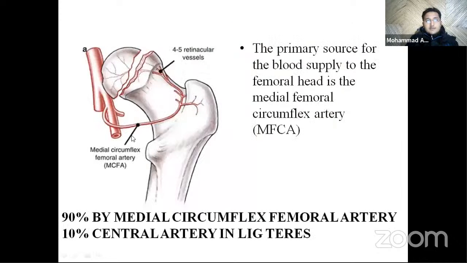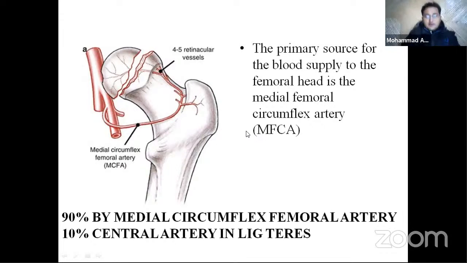And this is the deep circumflex femoral artery, which arises from the profunda femoris or from the femoral artery. It lies between the pectineus muscle medially and iliopsoas laterally. Then it runs along the intertrochanteric crest, along the inferior border of obturator externus, and gives a trochanteric branch here, enters the joint capsule along the superior border of superior gemellus, and it ends by giving 4 to 5 retinacular vessels. This course of the deep branch of the medial circumflex femoral artery was found to be constant,